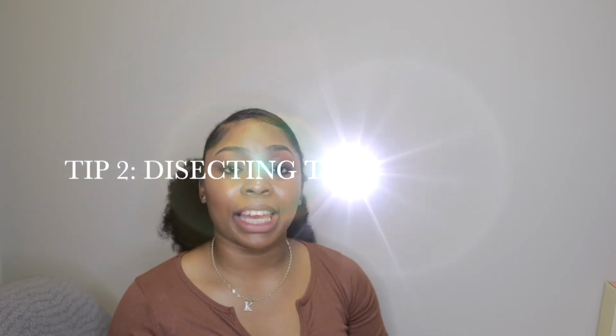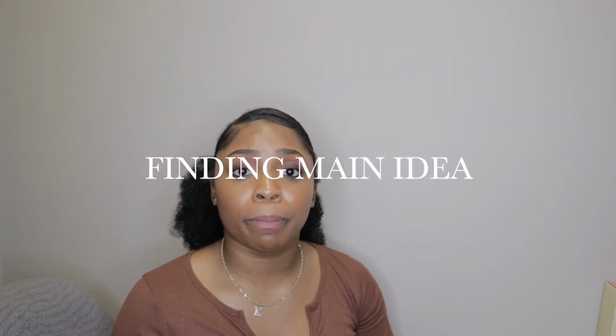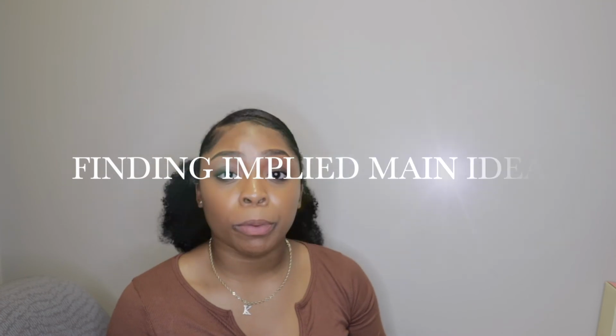Number 2 is to know how to dissect the paragraph by knowing your main idea, which we know can be found in the first sentence, the last sentence, or sometimes the middle sentence. Know what a supporting detail is. A supporting detail helps you realize what the main idea is because it keeps giving you examples and points back to the main idea of the paragraph. And that's going to roll me right into